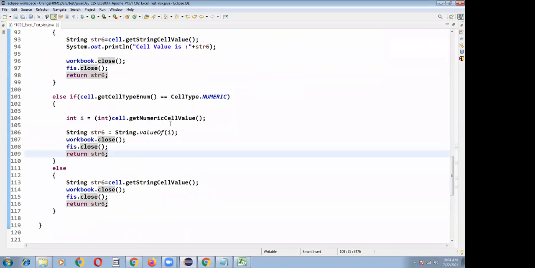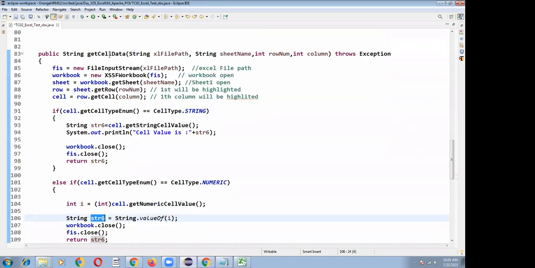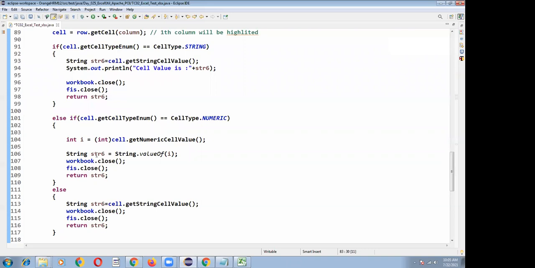First, the get numerical cell value, and I'm storing it into an integer variable, and that integer variable I'm converting into string format. String str6 is equal to that, because I want to return a string value from this method. So that integer value I'm converting into string format and returning str6.